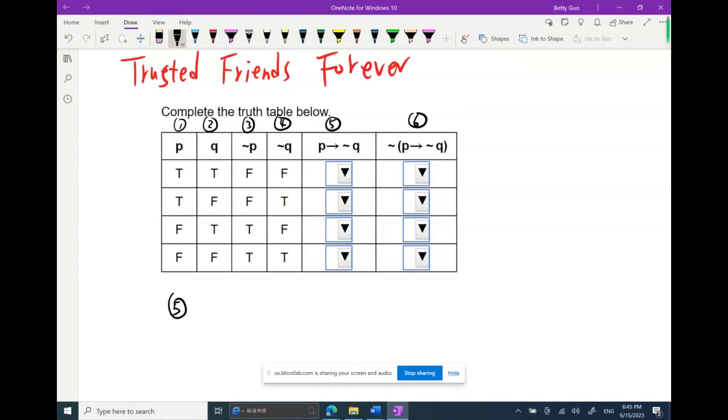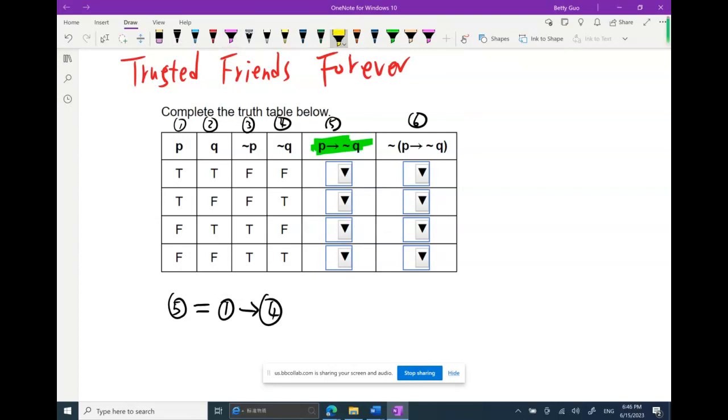Column 5 is a conditional. Its antecedent is P, so it's 1. Its consequence is not Q. Yes, right here, not Q. Not Q is 4. So column 5 has antecedent